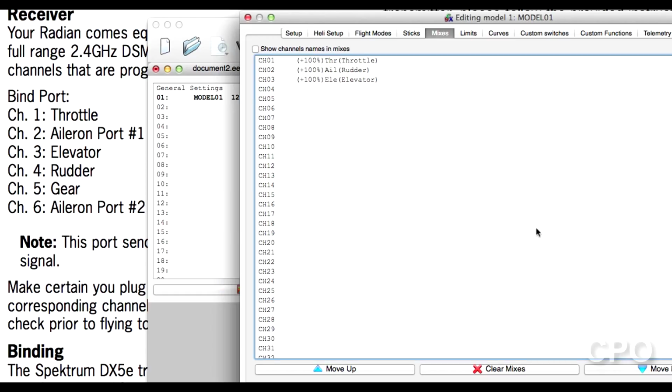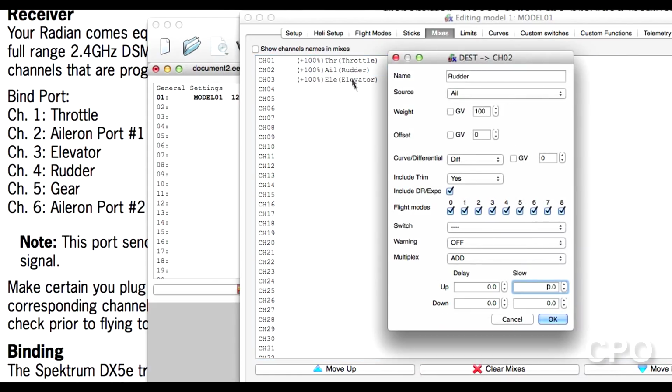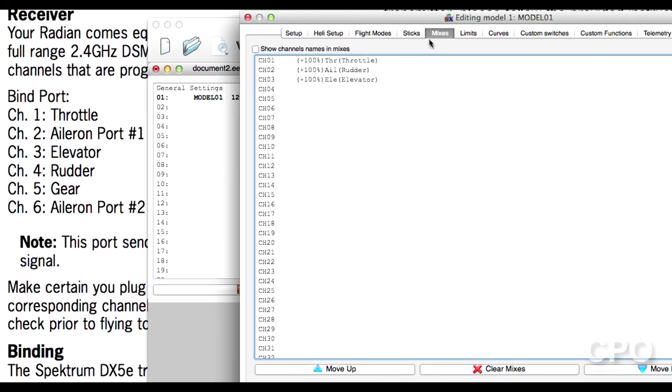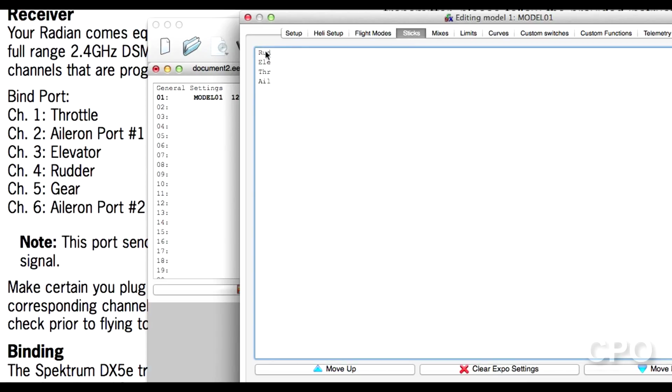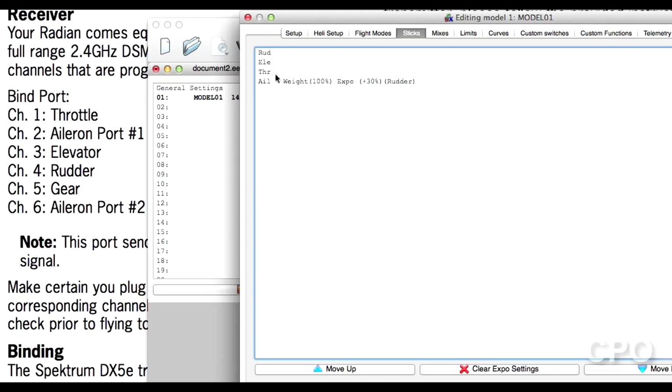So basically, everywhere I see aileron, I'm going to substitute it with rudder for the purposes of this. And there's other things that you can set up in here. I'm not going to get into how to totally set up a model, but just looking at how the mixes screen would be used for the basic fundamental setup. The other thing here is you go into the sticks menu, and you can see the same thing, basically. So for aileron, this is actually going to be our rudder channel, and we can also set our weights and our expo. So let's just say we wanted 30% expo on these,